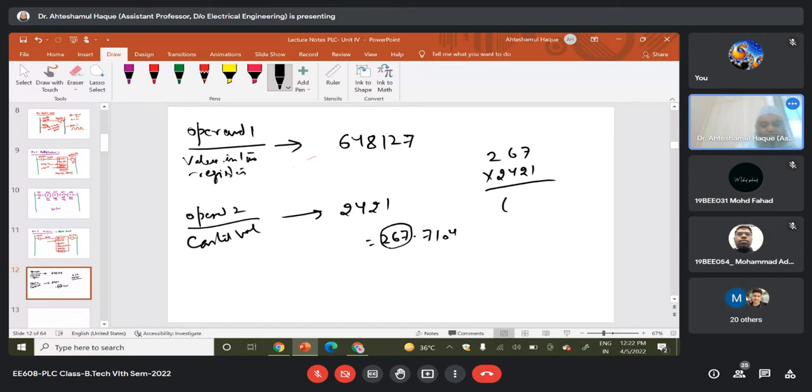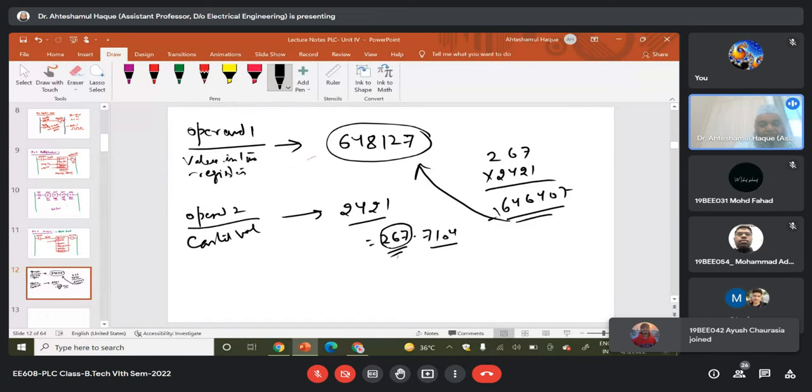So I get 646407. ओके, देखिए हमारा ओरिजिनल नंबर ये था, हमने इसको इससे डिवाइड किया तो हमारा 267.7104 आ गया। बट इफ आई टेक द इंटीजर नंबर, देन दिस इंटीजर नंबर से अगर हम इसको मल्टीप्लाई करें तो हमारा इतना आ रहा है। नाउ दिस इज नॉट सेम एज दिस नंबर। गेटिंग माय पॉइंट? तो देयर इज अ डिफरेंस।